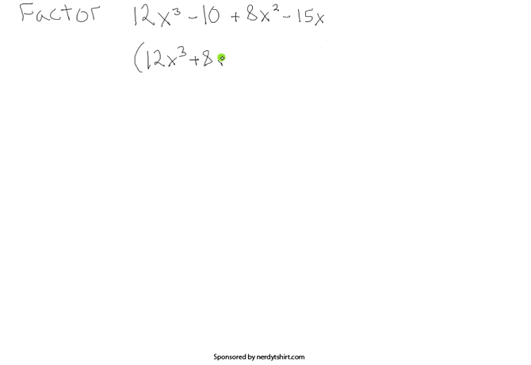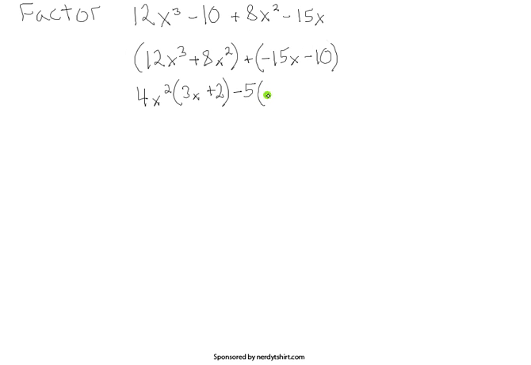Plus 8x squared, and put those in brackets for clarity's sake, and we're going to have plus negative 15x minus 10, and we can pull the greatest common factor out here of 4x squared, and we have left a 3x plus 2, and here we can pull out a negative 5 from both of these, so that'll be minus 5